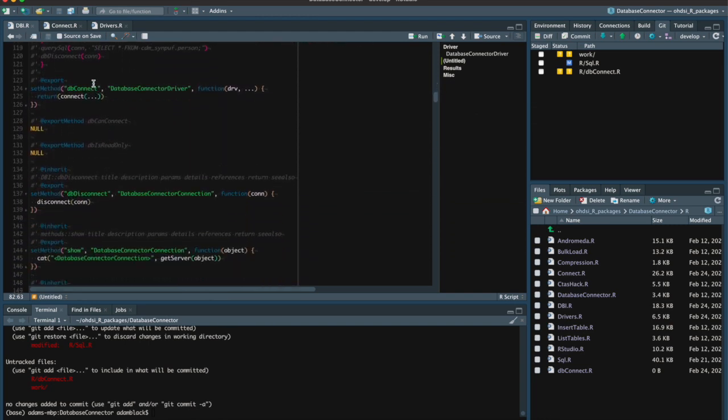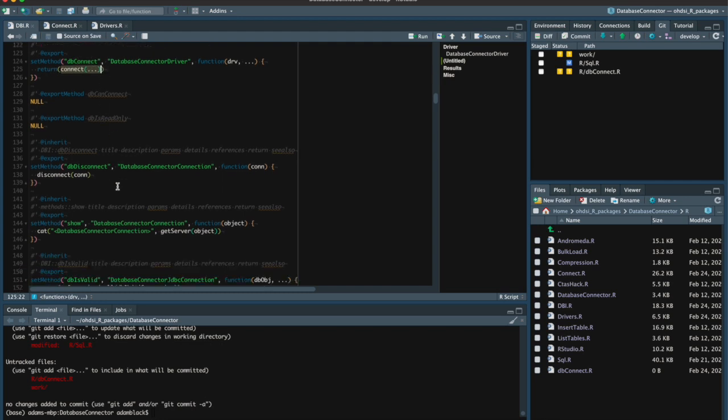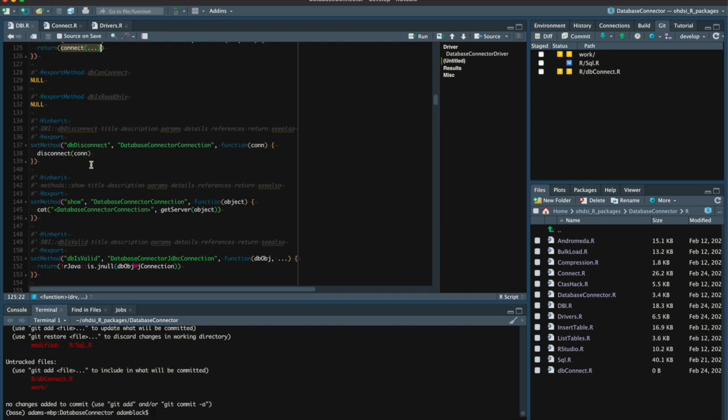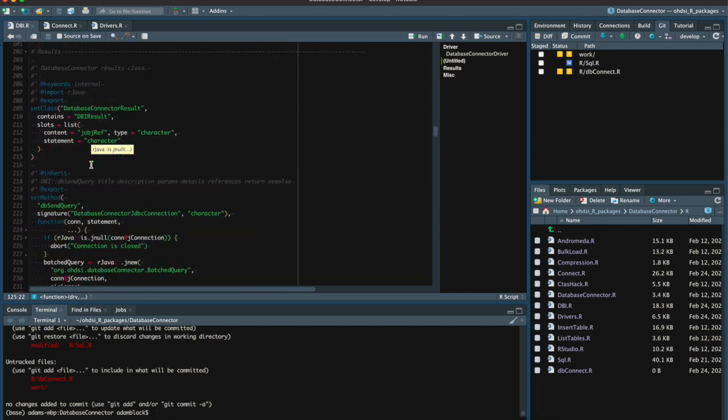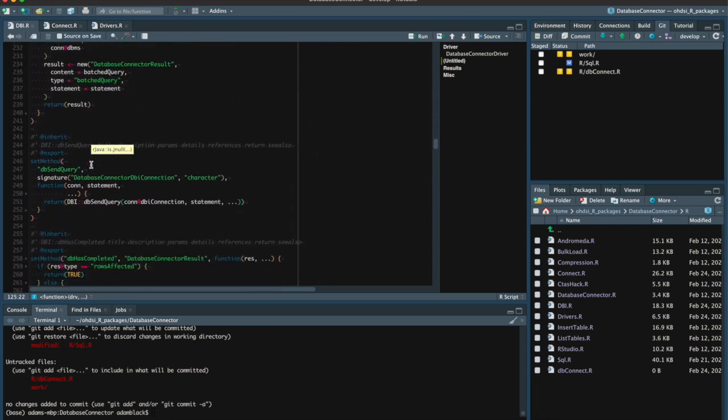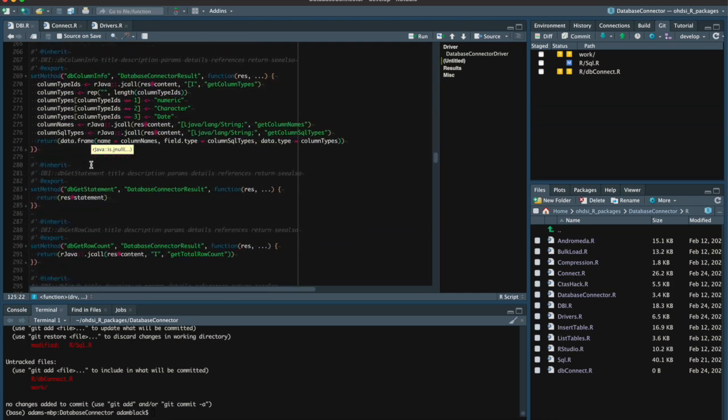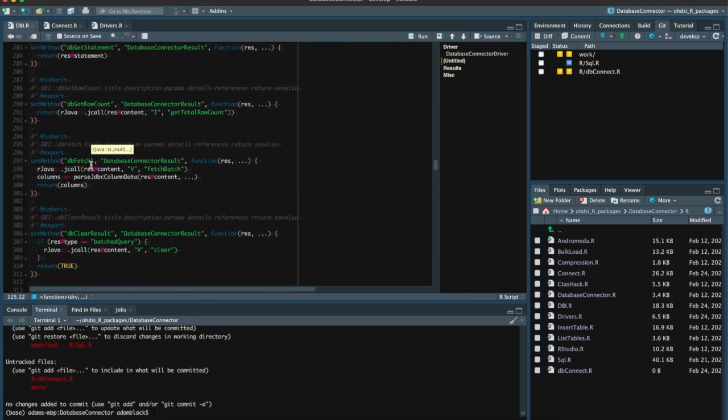And then we see that the methods for dbConnect is just calling this connect function. So we can see that DBI is kind of sitting on top of database connector right now because its dbConnect method is calling connect. And similarly, dbDisconnect is calling disconnect. And there's several other implemented DBI